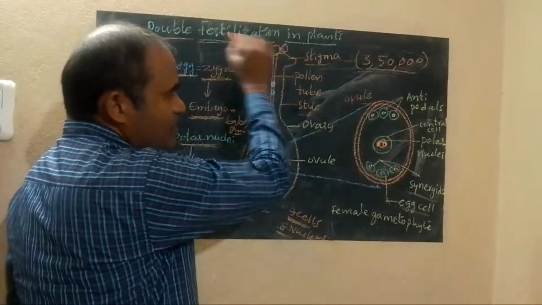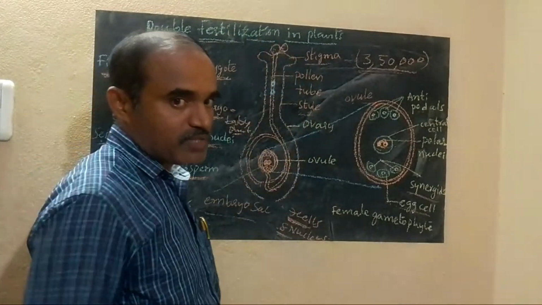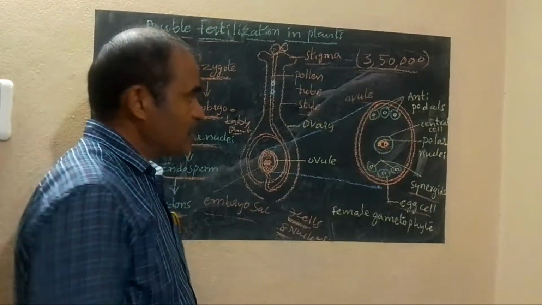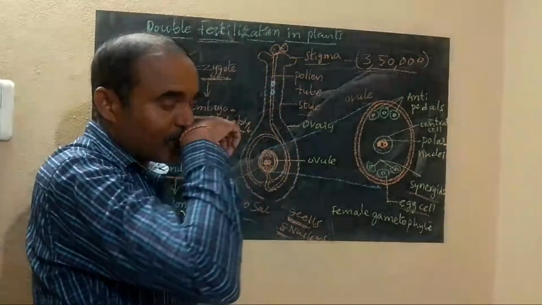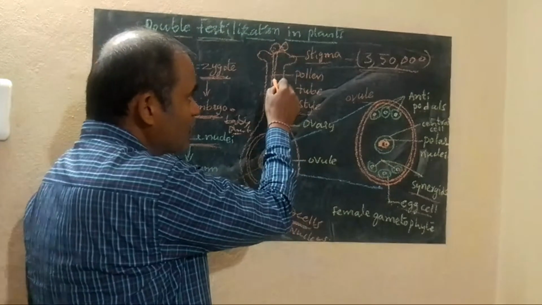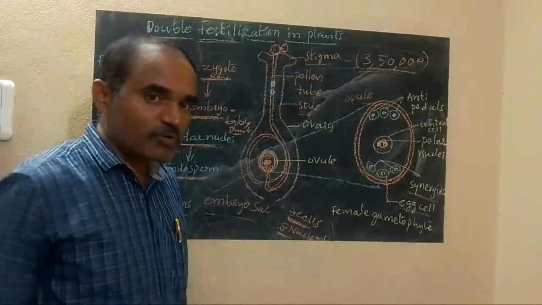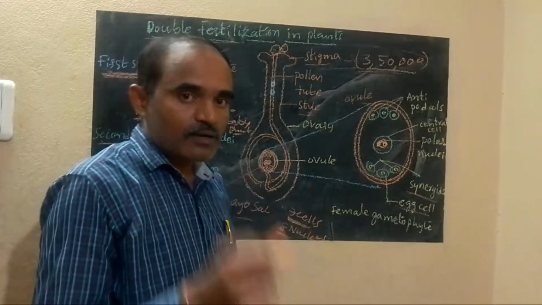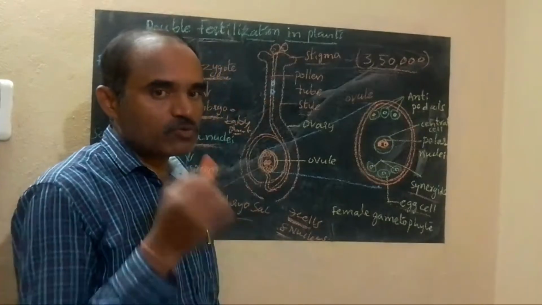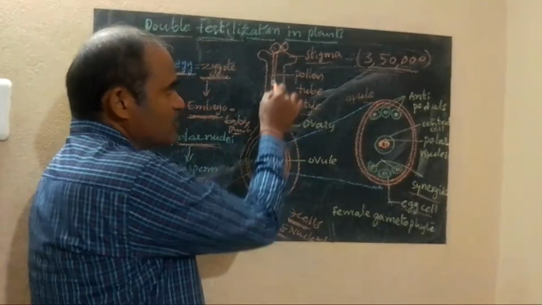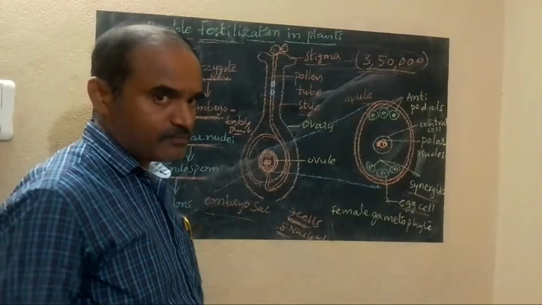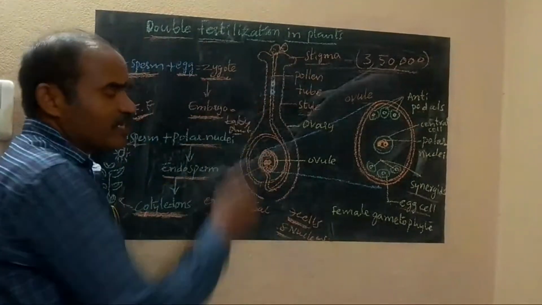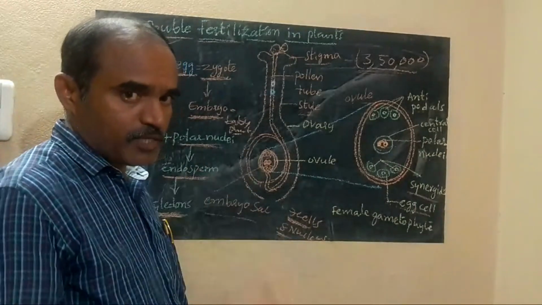On the stigma there is a sticky substance which dissolves and germinates the pollen grains and releases 2 nuclei. Each pollen grain has 2 nuclei: the first nucleus, also called the first sperm,